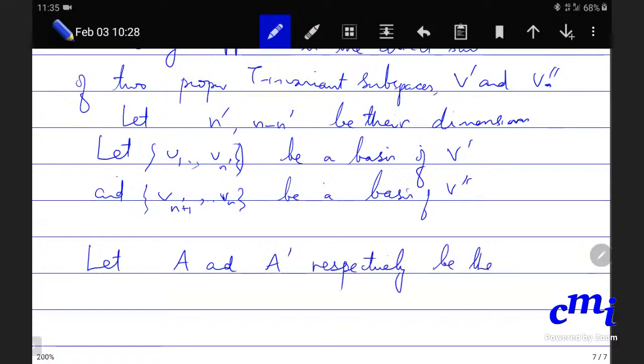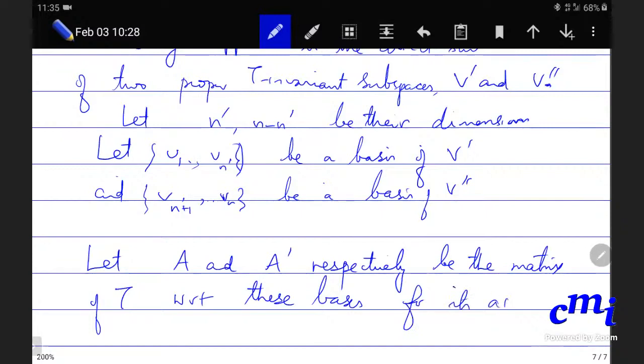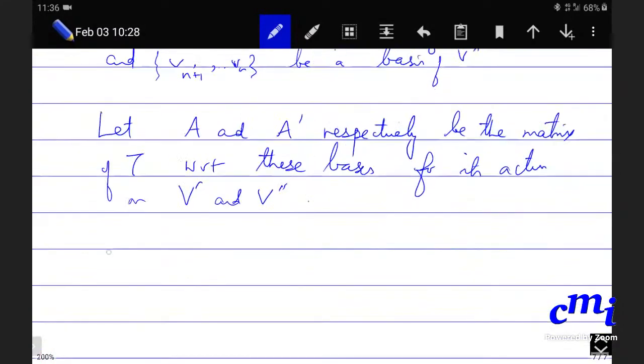be the matrix of T with respect to these bases, for its action on V prime and V double prime. So we are building the matrix for the subspaces, and then the matrix of T with respect to the basis. Okay? Then the matrix of T